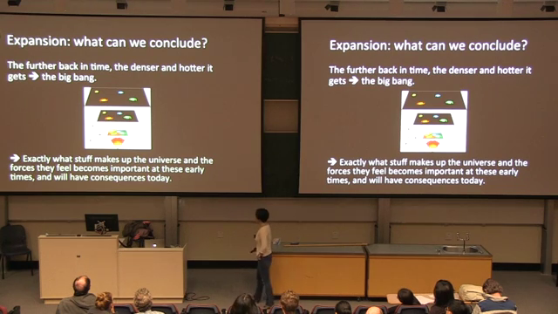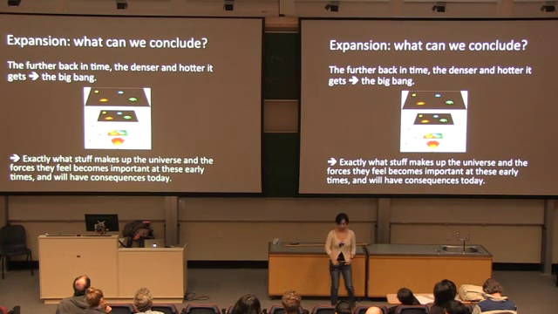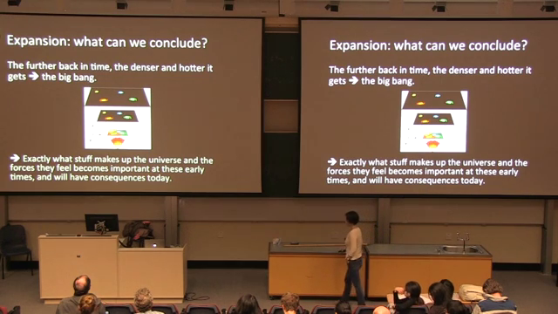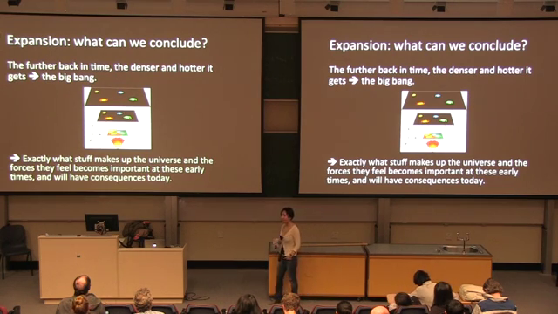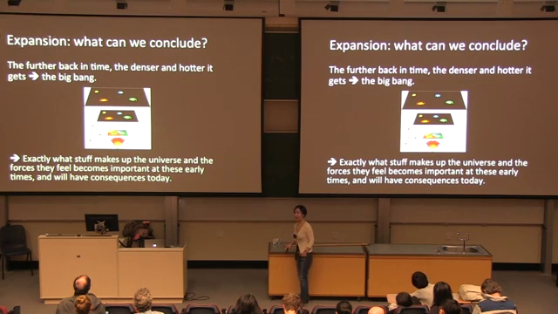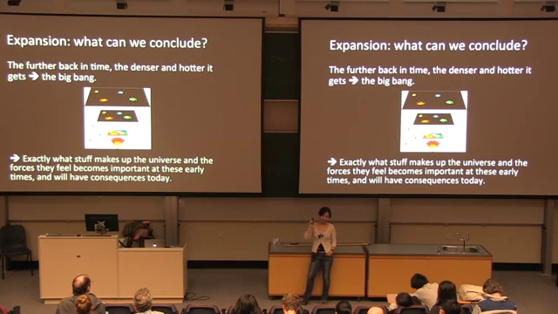Now, so we have expansion, we have redshift. What kind of conclusion can we draw from these two things? Well, you think about it, the universe has been expanding, which means that the further back in time you go, the denser things are. And also you have the redshift. The redshift stretches out the wavelengths, and the wavelength is inversely proportional to the frequency. Now, if you think about Planck's law for the photoelectric effect, the frequency is basically related to the energy. So that means that the further back you go, the more energetic things must have been. In other words, things must have been a lot hotter, because temperature basically is a characterization of the amount of